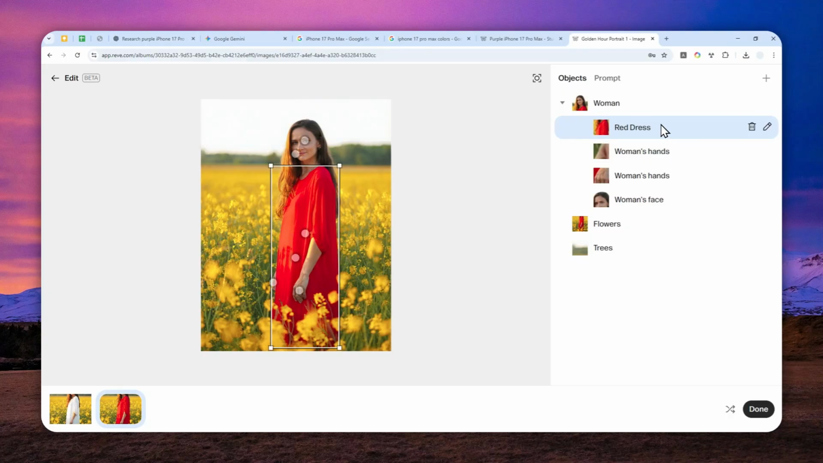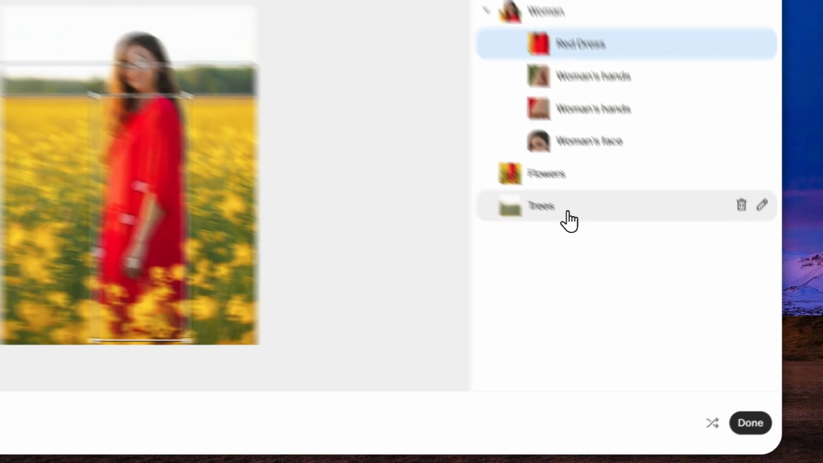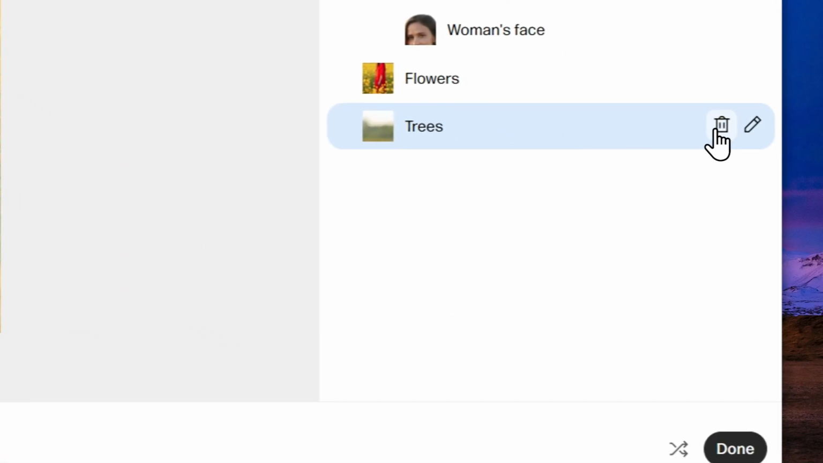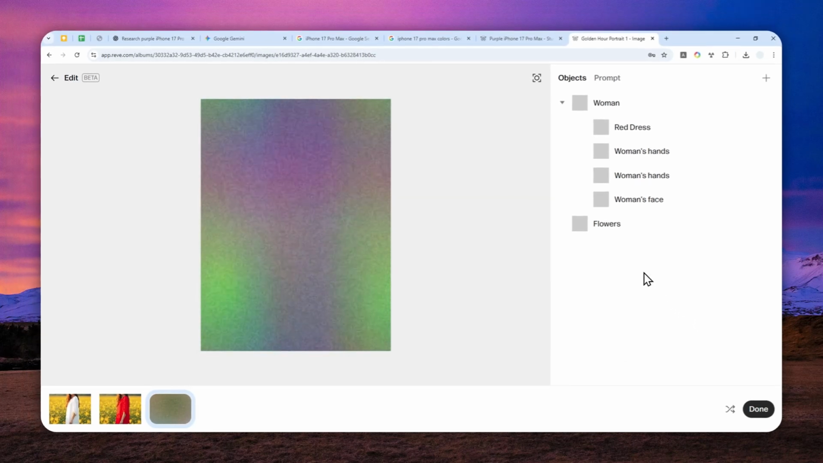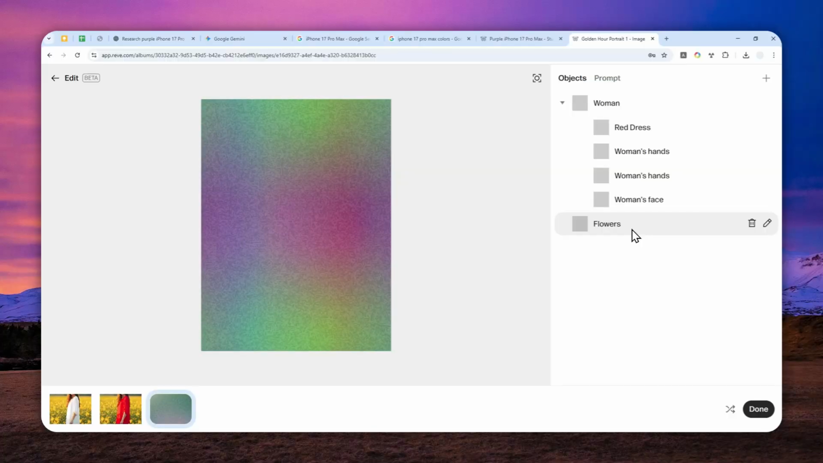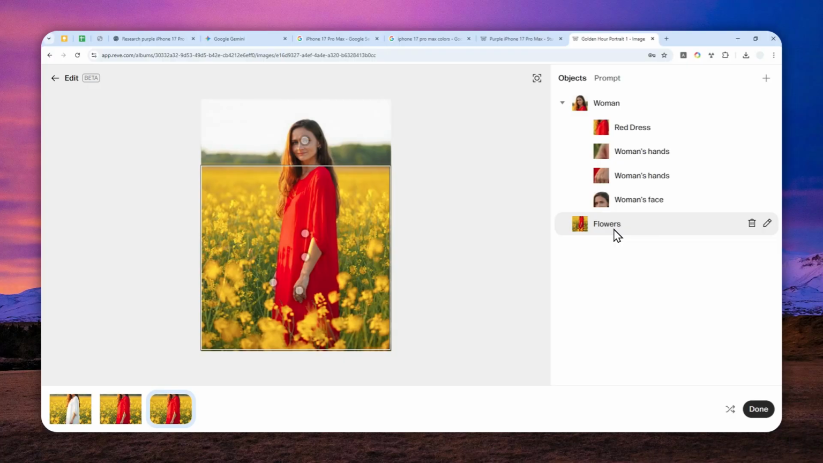And by the way, if you want to delete anything, like in this example, I want to delete the trees in the background, I can click this trash icon, just wait and click apply edits. So yeah, that's basically how you can edit the picture. It is actually very interesting because it labels everything, so it's going to be more precise, and if there are multiple similar items, this is going to be very useful rather than just manually describing the thing that you want to remove. Okay, I still see the trees, so yeah, it is not quite perfect,